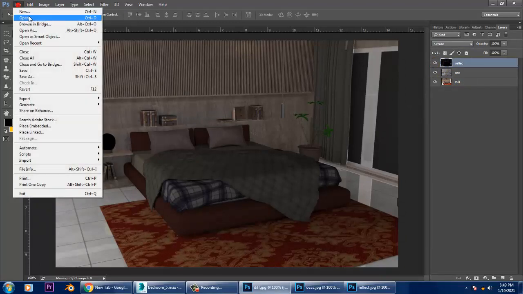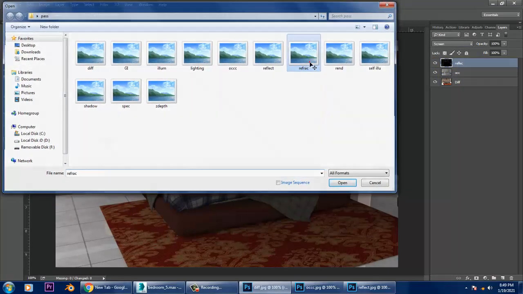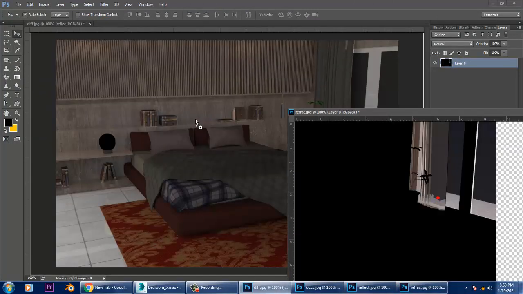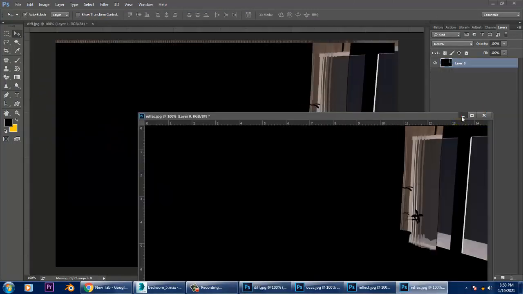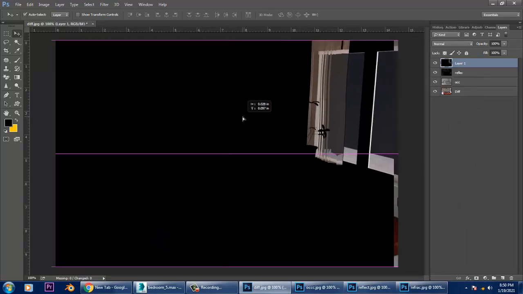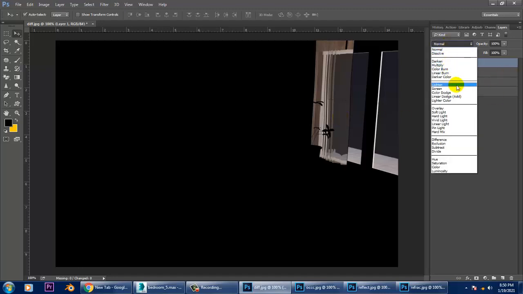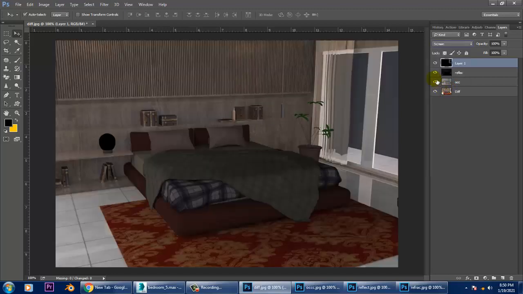After that, I have a refraction pass, that's for the glass part. Let's just drag this here. These are single frames. If it is an animation or walkthrough, you can render these multiple passes in the form of TIFF or TGA, whatever. Let's set it to screen. Whatever your refraction is, we can set it here for the refraction pass.